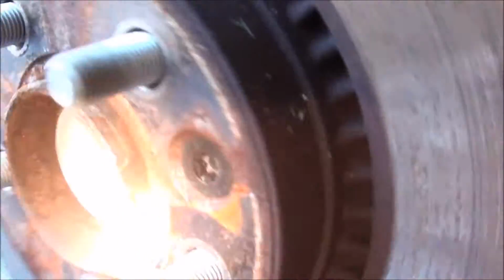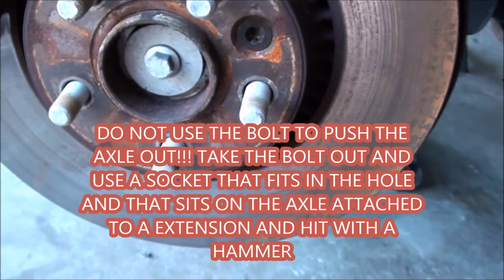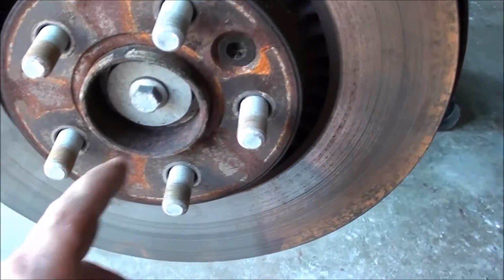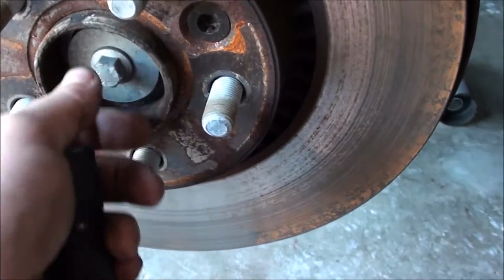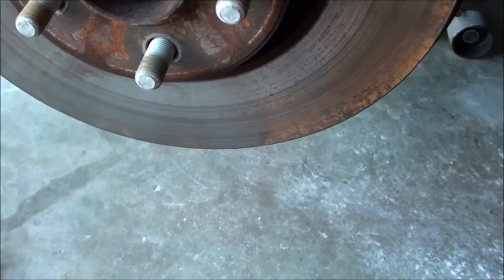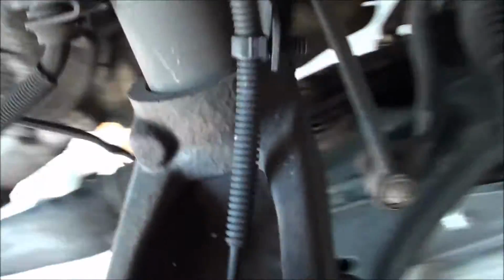To take out the axle, you have to take off that nut there, that bolt. But there's a special tool that they sell that's supposed to go on here and it pushes the axle out. But literally the only special tool you need is you'll put the bolt back in just loosely, and then get a socket that fits over with an extension and just tap it out, and then you'll be able to remove the axle out of that side. On the other side,